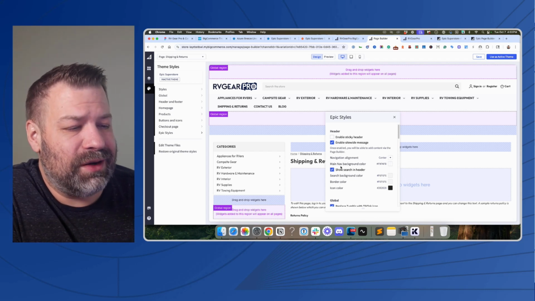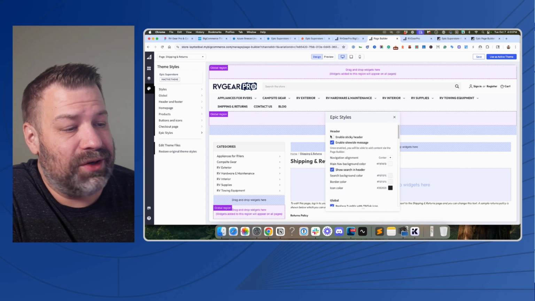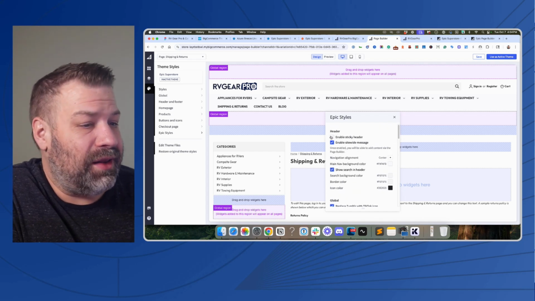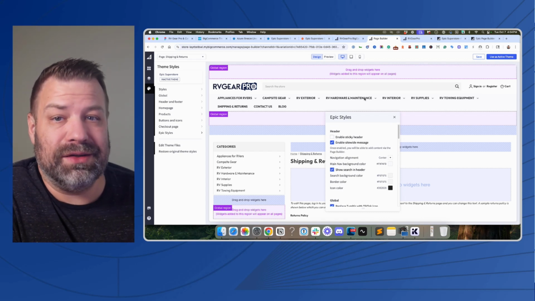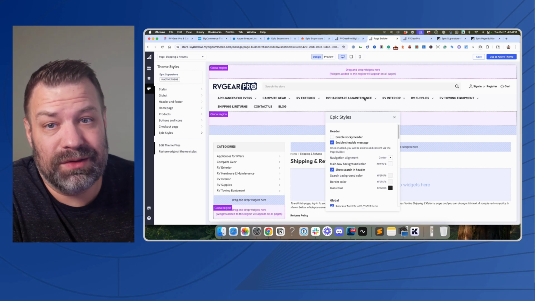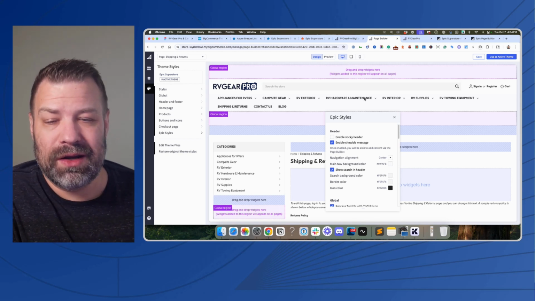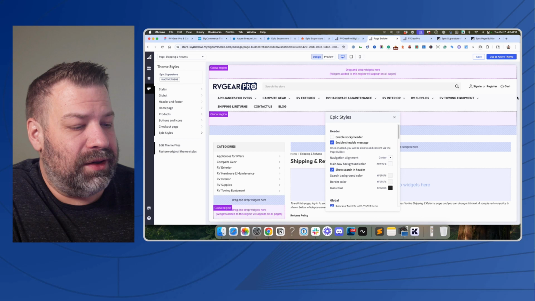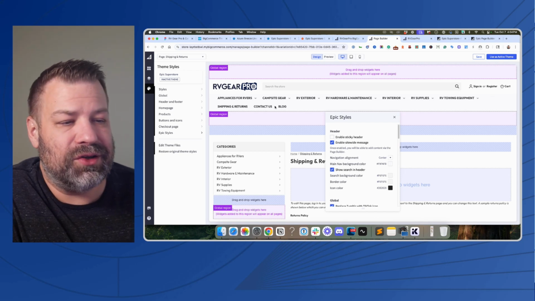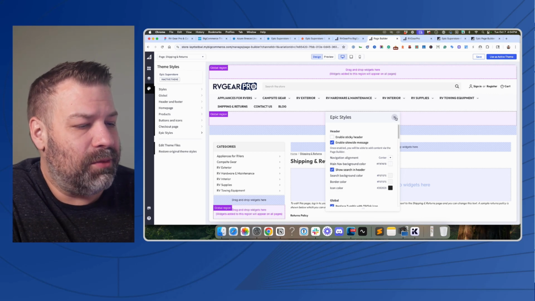So you have some choices that you can make in the header, some big choices, including a sticky header. Reasonably, most people could launch with a header just like this without any customization. Maybe some more customization would make it more fun. But if you're doing this on a budget, this is a really nice looking header. I am going to come back here in a minute, and actually let's just do it now. I'm going to show you guys how to augment the content that's here in your menu before we move on